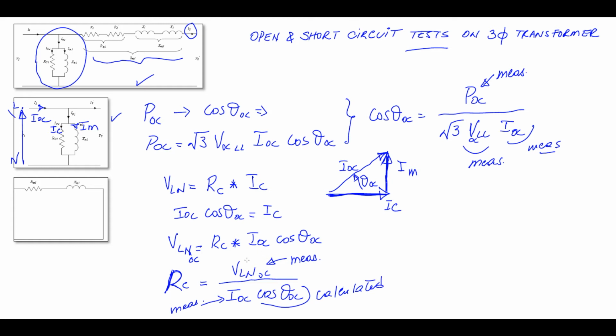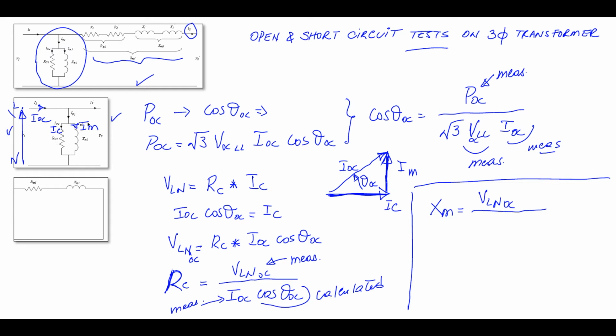Okay, now RC found. Let's find XC or XM. So XM will be equal, same thing, the V line to neutral open circuit, which is the voltage across these two elements. They are in parallel. So across those two elements, we have the same voltage, which is V line to neutral, divided by